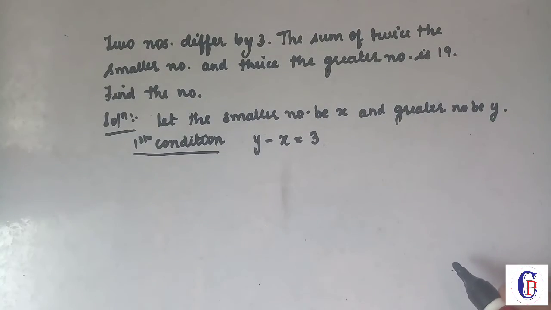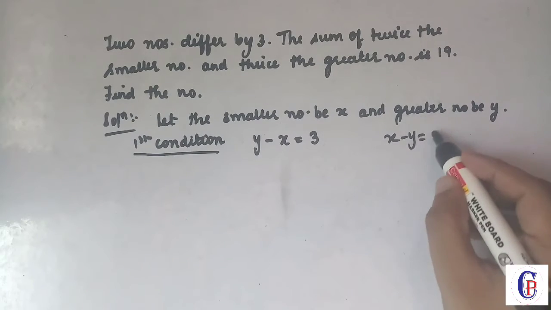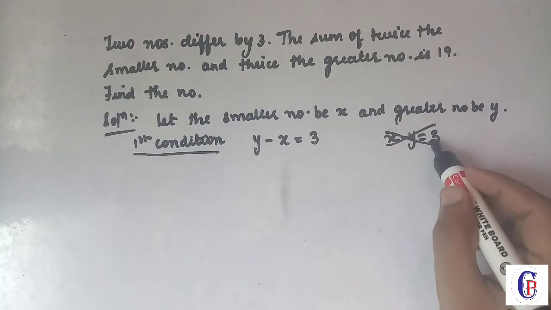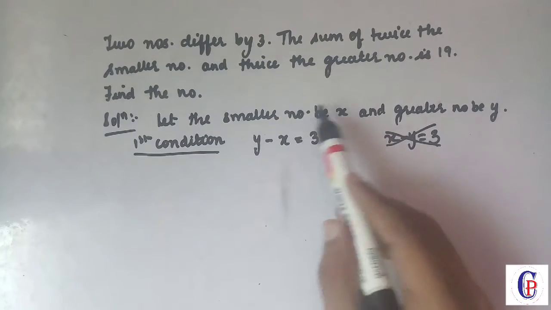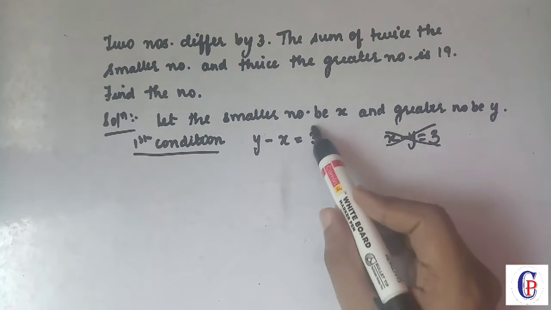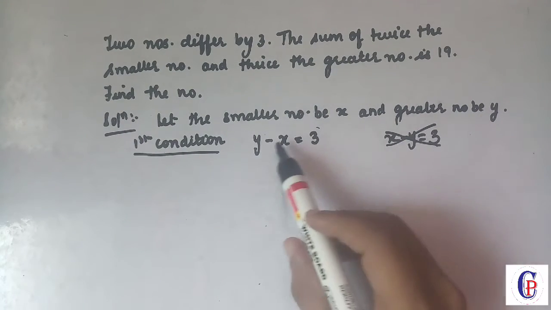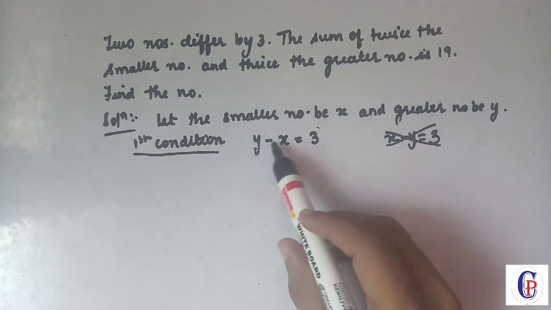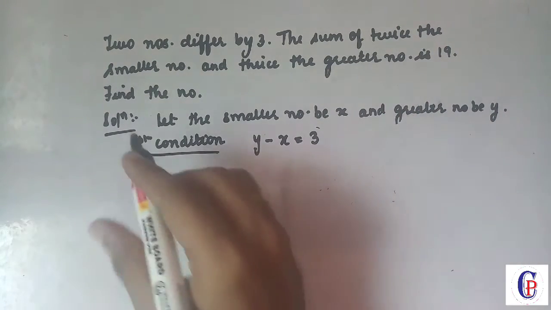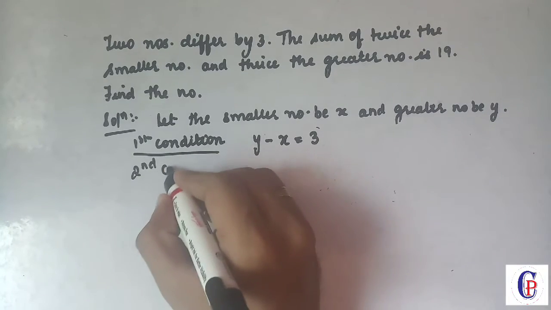Now you must be thinking, why not x minus y equal to 3? Now this is wrong. x minus y cannot be 3 because we have taken x as smaller number and y as greater number. Since the answer is positive, of course the greater number comes first and then the smaller number. Okay. And from the second condition,